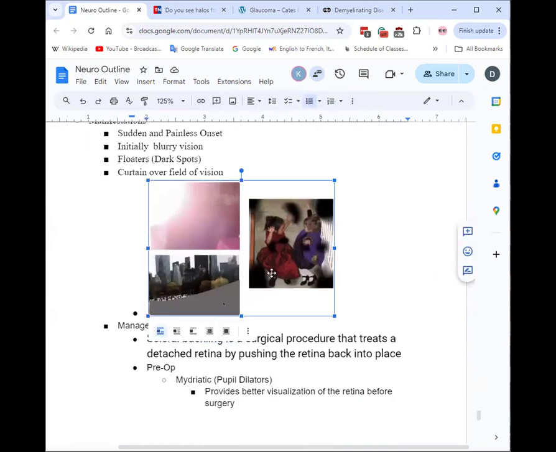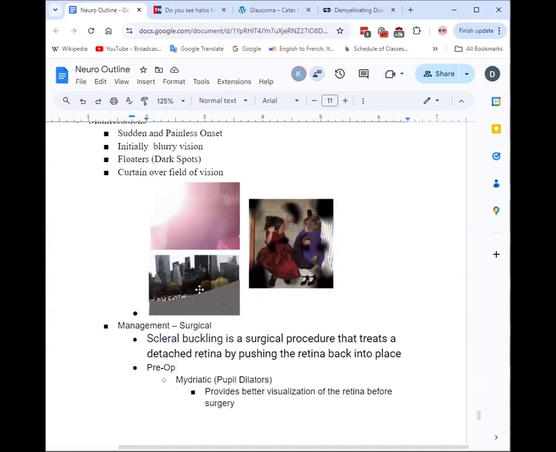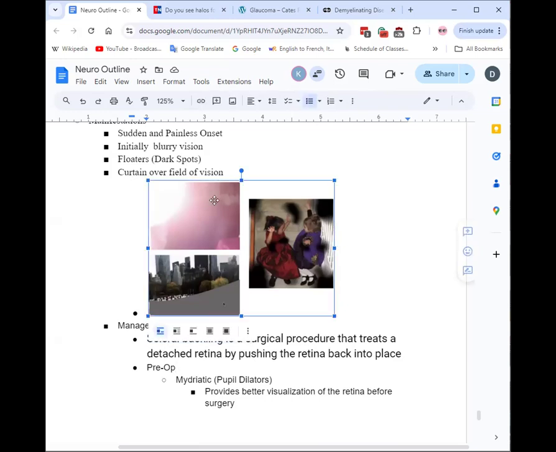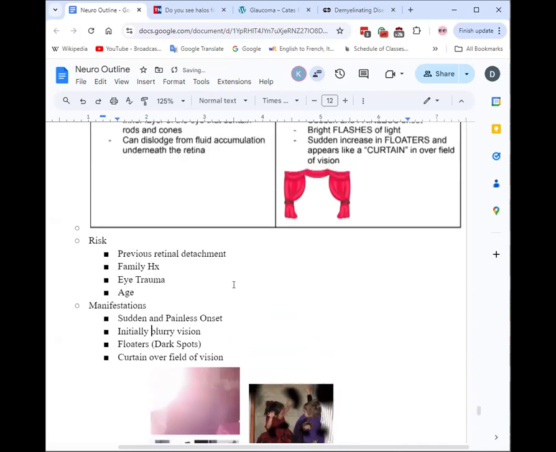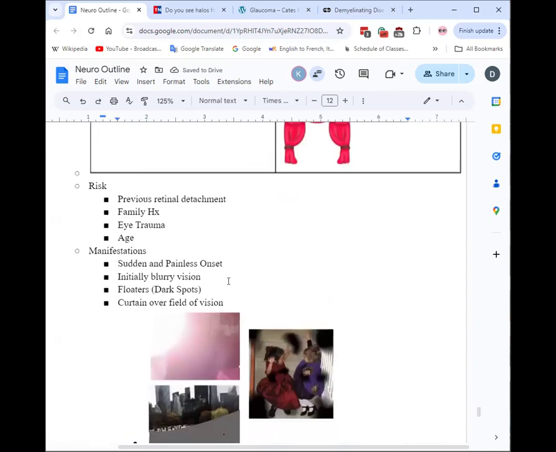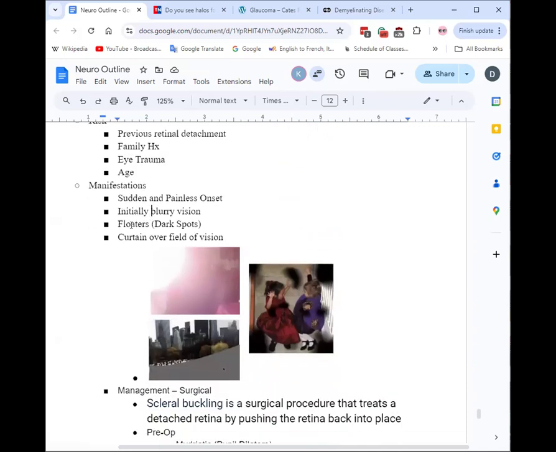So here's a picture from the PowerPoint. It literally looks like someone took Photoshop and edited your picture away. Actually, I see a mouse there, so maybe that's what happened. But that's kind of the idea. Here's another picture that shows part of your visual field being missing. It starts out as blurry vision. It's painful, as you can maybe imagine from having your retinas detached.